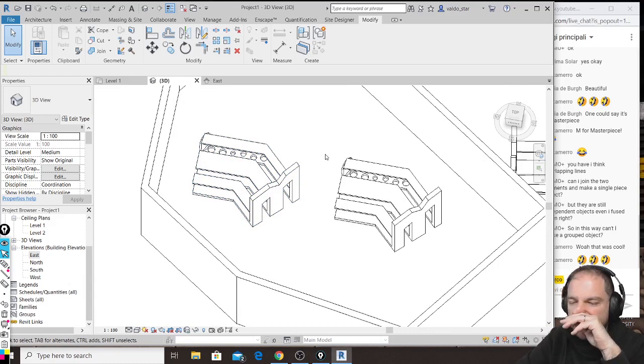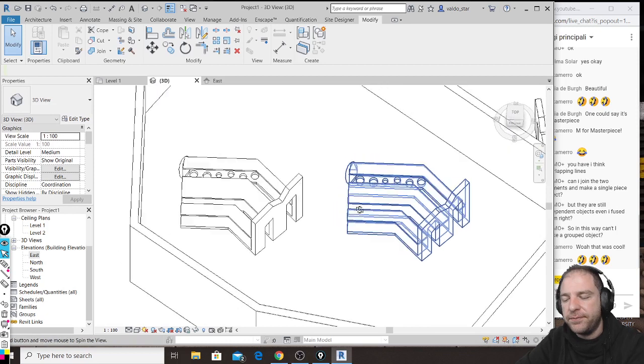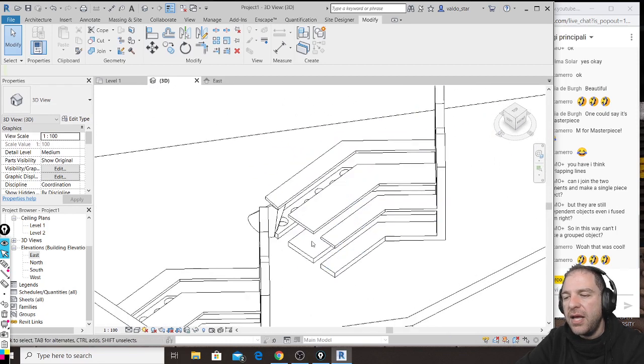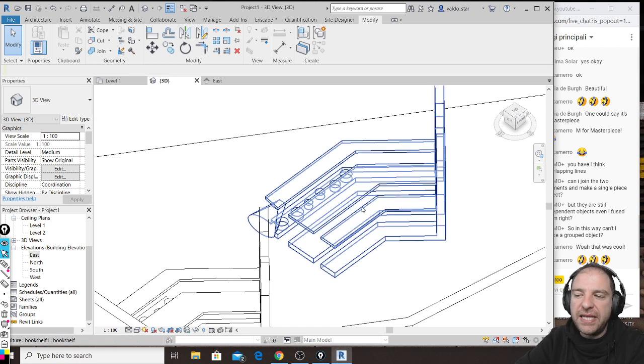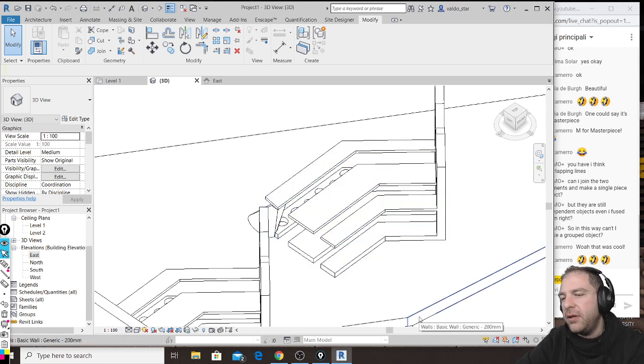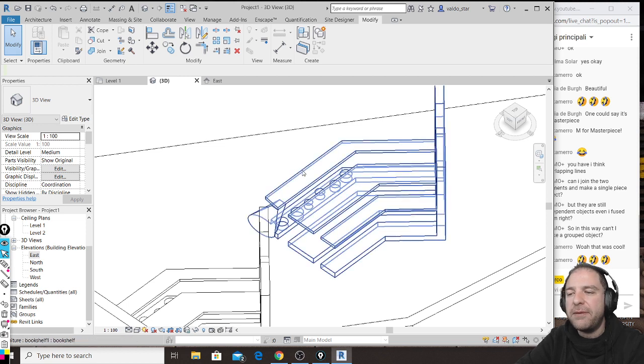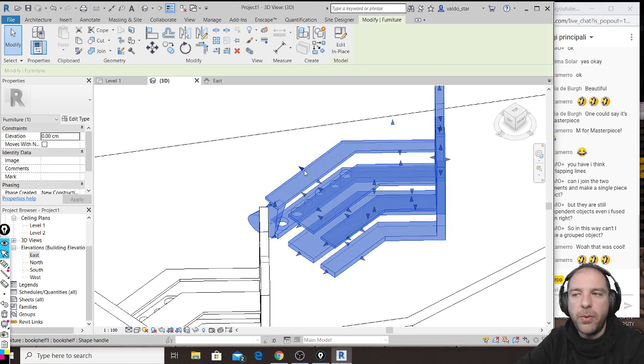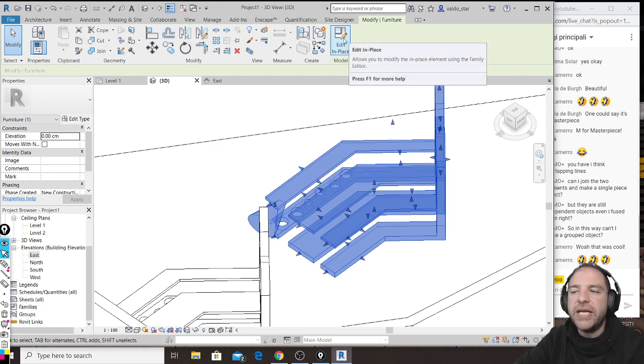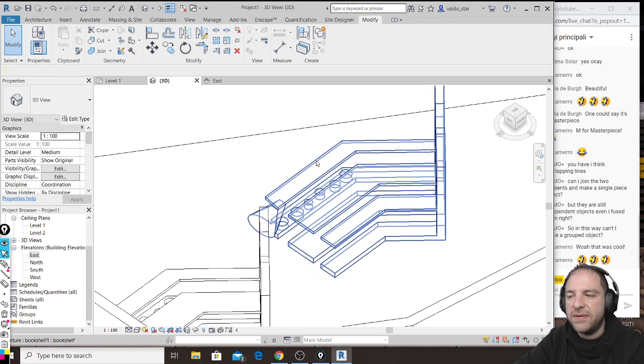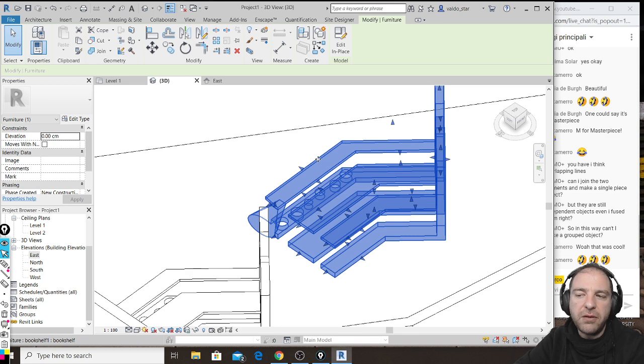Why I've made these? Not only to answer to your classmate, but also because if by mistake you click Finish Model and you realize that in here there are still missing elements and this shelf cannot stand like this, you can still edit and edit and edit your component by simply selecting your component, and you can or double click on it or click edit in place. So I select it, I double click it because it is faster,